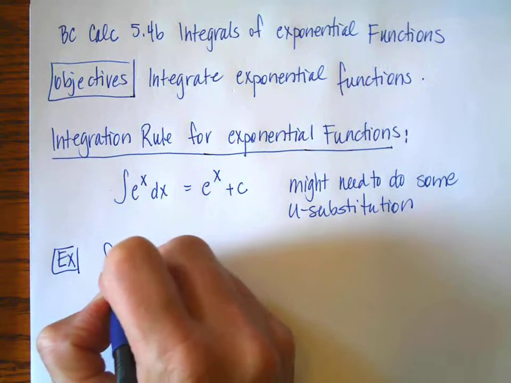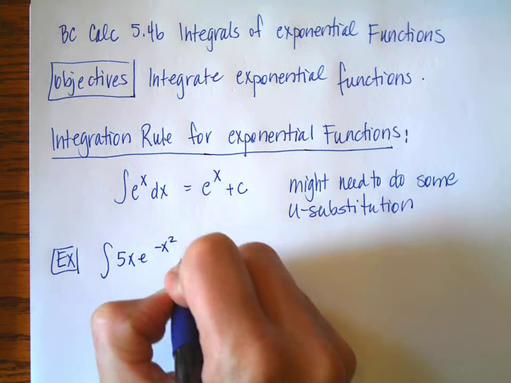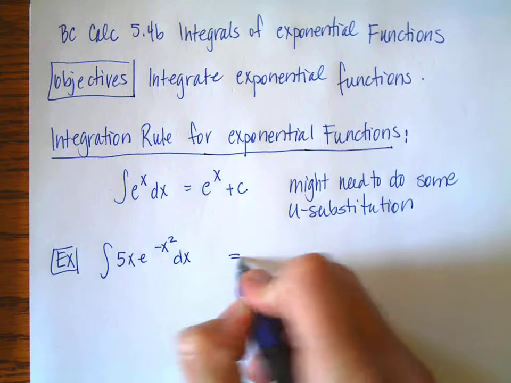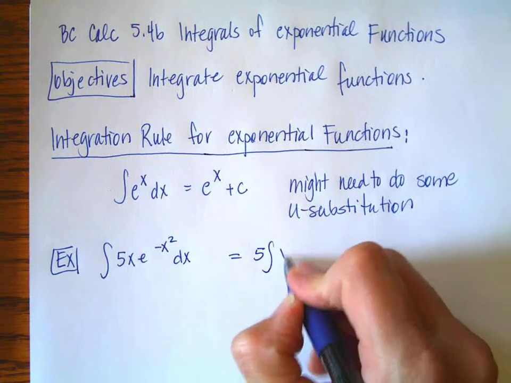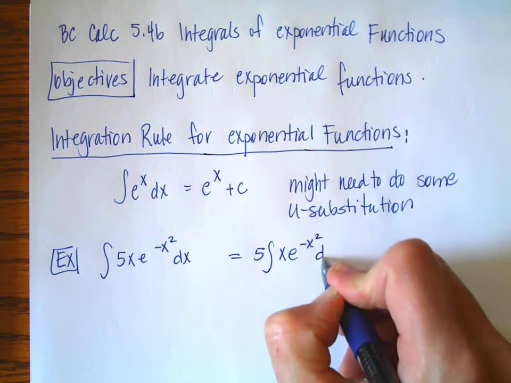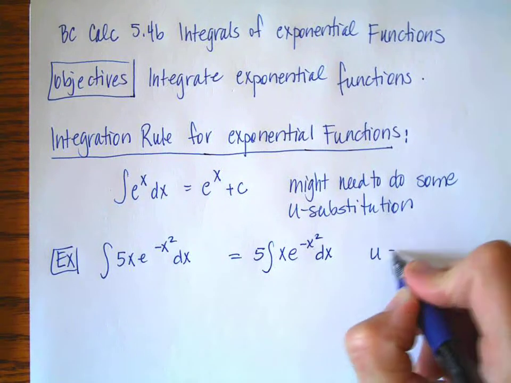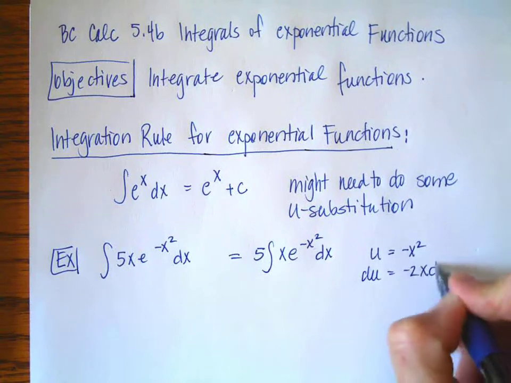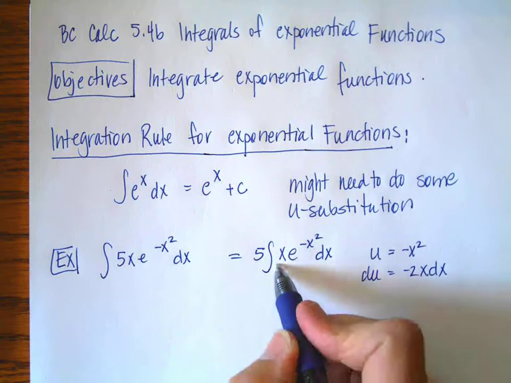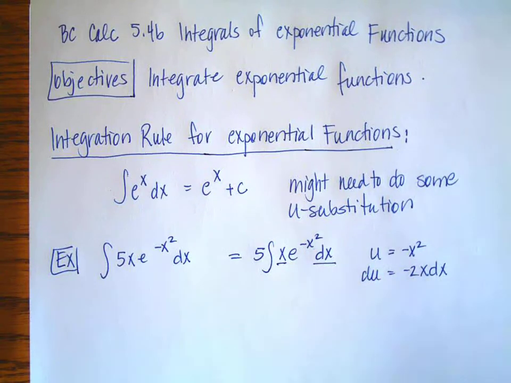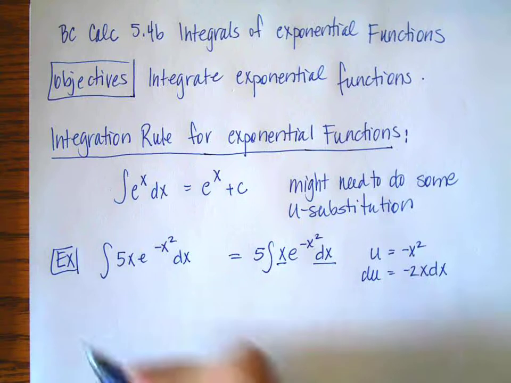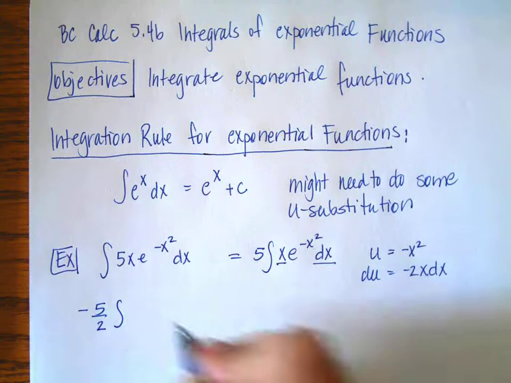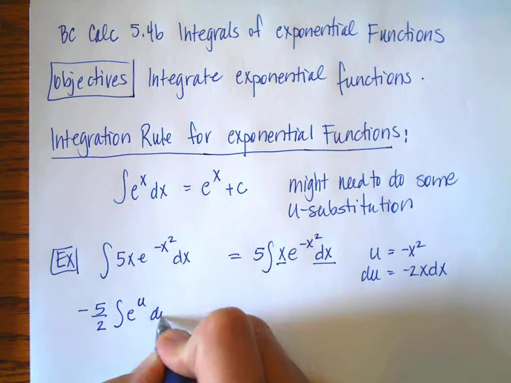If I have the integral of 5x e to the negative x squared dx, and I want to integrate, the first thing I can do is move that little 5 out front, and then I'm going to have x e to the negative x squared dx. So I'm going to let u equal a negative x squared, du is a negative 2x dx. Well, notice I have the x and the dx. The only thing that's missing is the negative 2. So I'm going to introduce a negative 1/2 on the outside, and I'm going to have e to the u